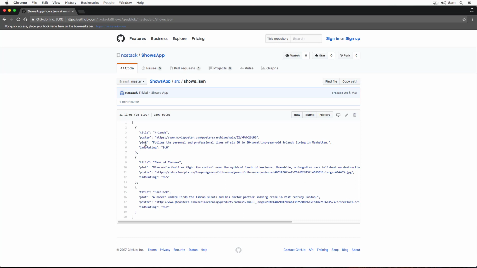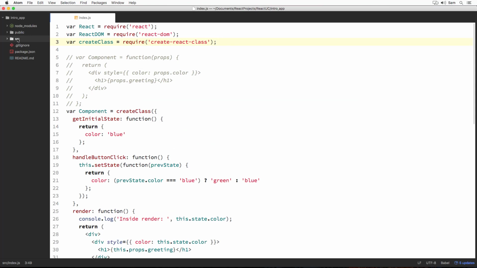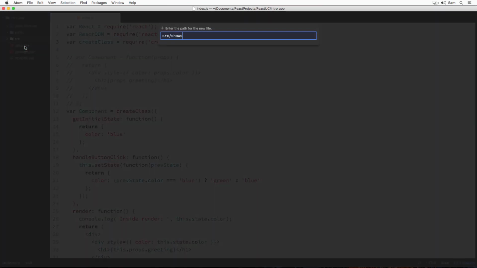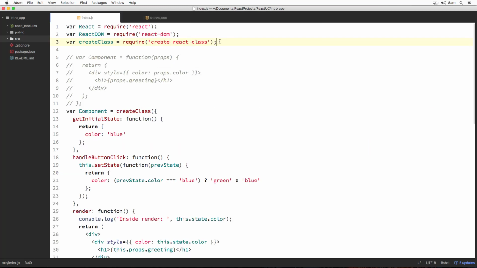It's a JSON file containing an array of show objects. Let's copy the content. Head over to the code editor and let's create a new file, shows.json, inside the src folder. And let's paste it here and save it.